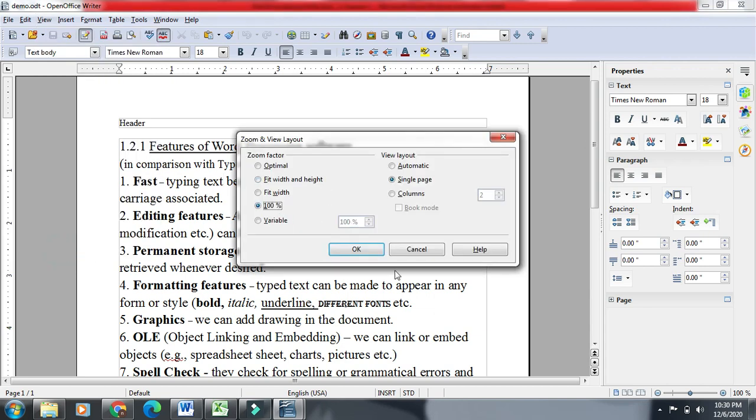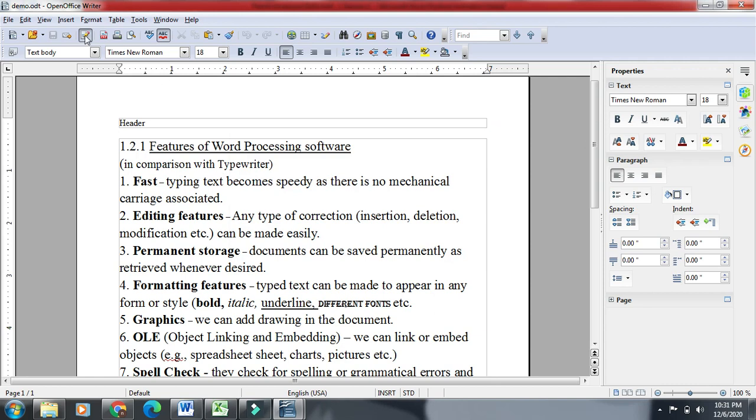From here you can see, because we are in print layout view, the zoom factors are all available, 100%, or we can go for variable, we can change it. And view layout, automatic layout, single page layout, two page layout, meaning column layout, are available. But these are not available when you go for web layout view.